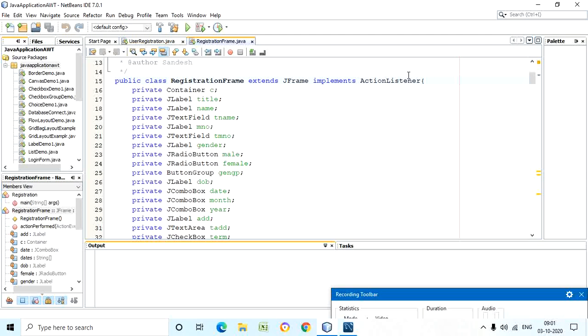There are three things in event handling. The first thing is that you want to detect the event. You want to find out the source of the event and detect the event. Then you have to think about how to handle that event. And the third part is that you have to perform some redirection. For that particular purpose, we have an ActionListener.